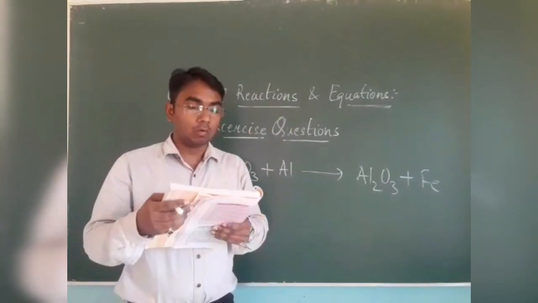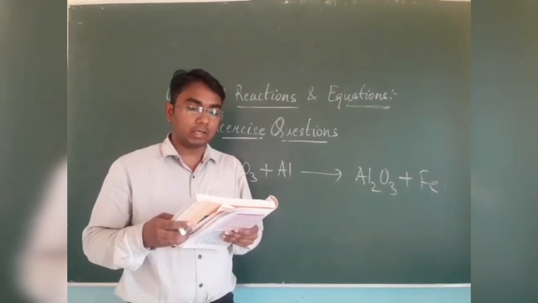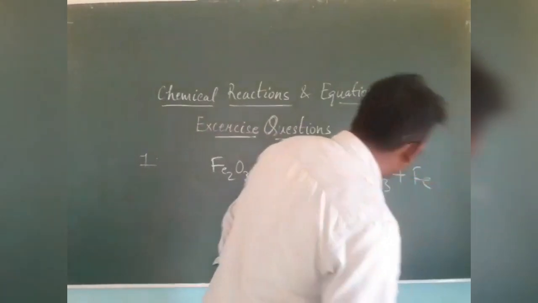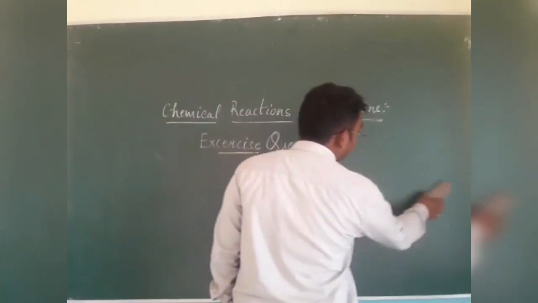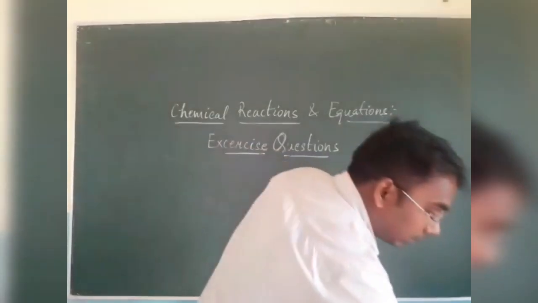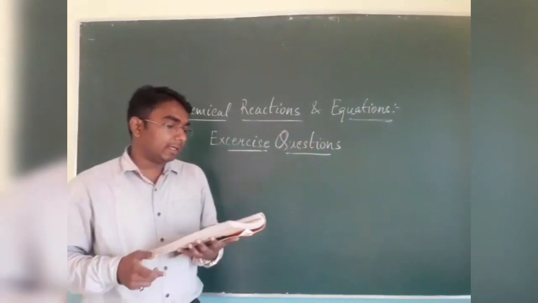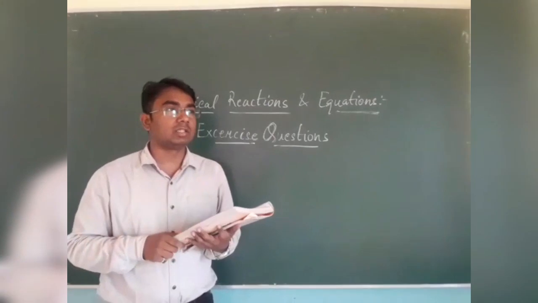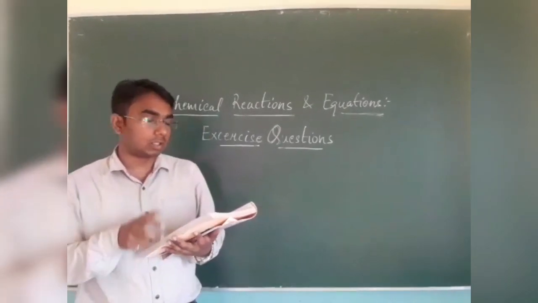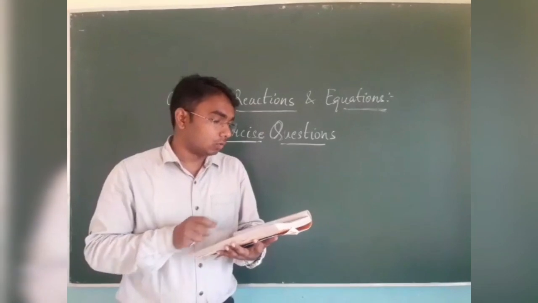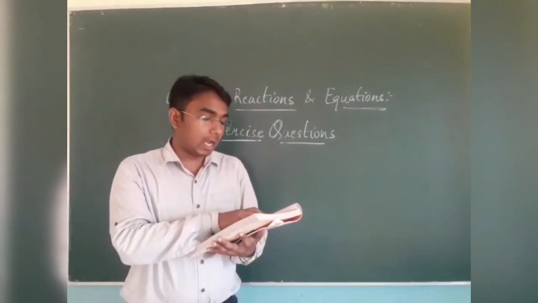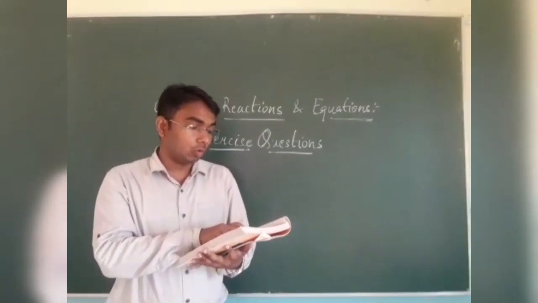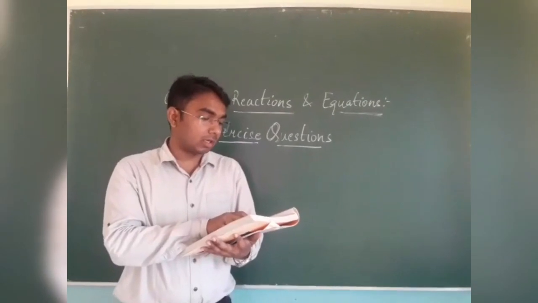Now coming to the third question: what happens when dilute hydrochloric acid is added to iron filings? Pick the correct answer. This is a type of theoretical question. He is asking what will happen when you add dilute hydrochloric acid. Dilute means that the concentration is not that much, so it is not too corrosive in action. The options are: hydrogen gas and iron chloride are produced; chlorine gas and iron hydroxide are produced; no reaction takes place; and iron salt and water are produced.